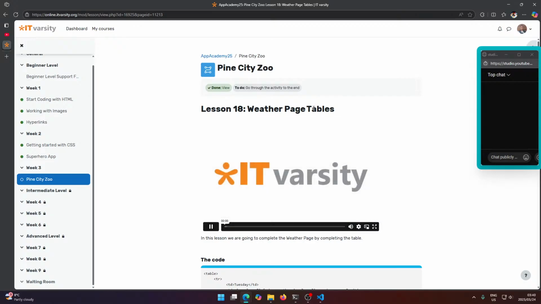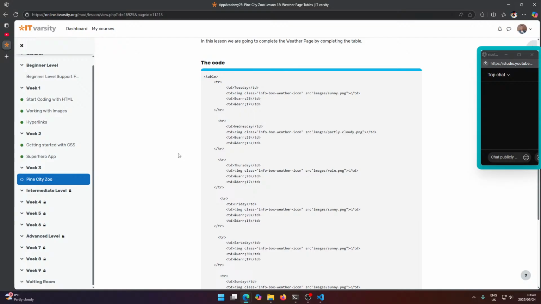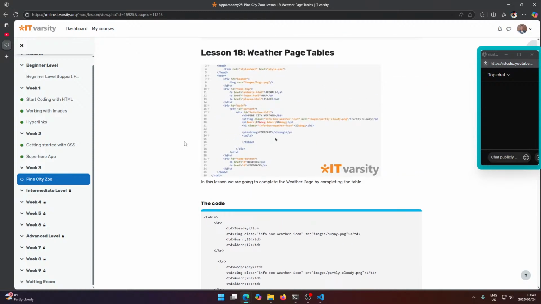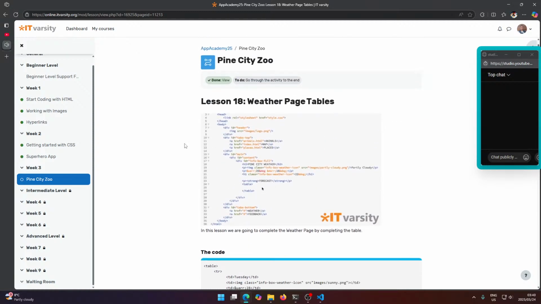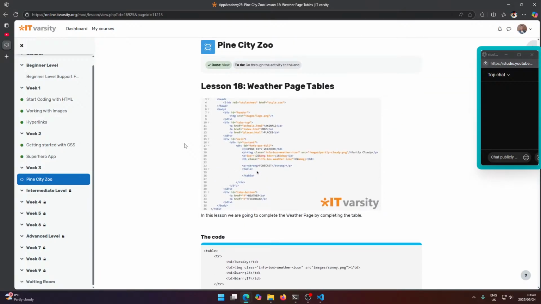Now we're setting up the table here. In this lesson, we're going to complete our weather page by completing the table. So we've already got our table open and close tags, which we added in the previous lesson. Now we're going to add a row. So we've got our TR open and close tags. Hit enter a couple of times, and inside here